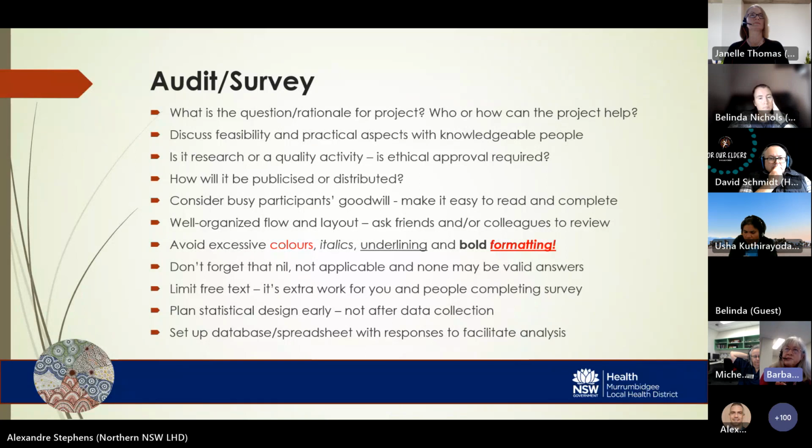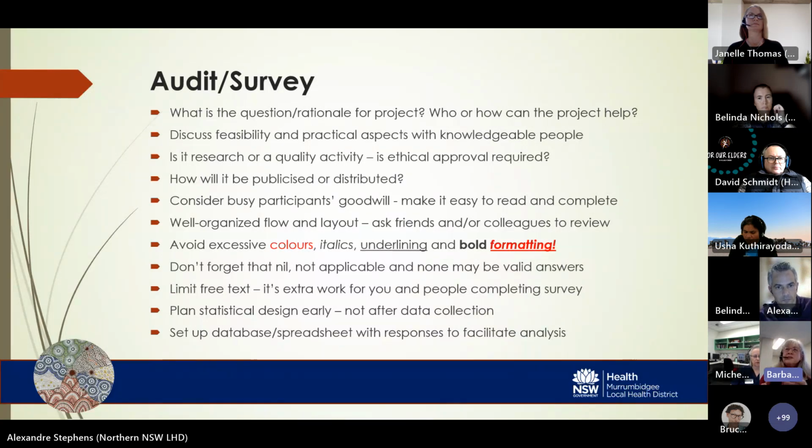I'll regularly have JMOs or RMOs ring me, and they want to do an audit or a survey of some sort, and I know that very often they want to have a small project to put on their CV so that they can apply for a training program or something like that. But